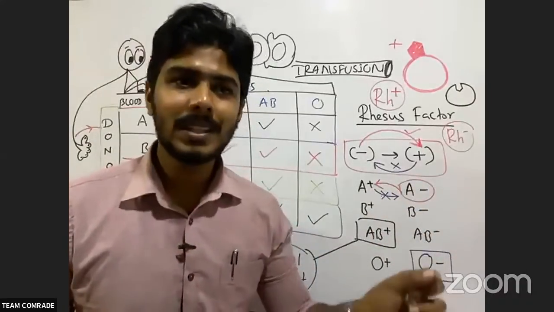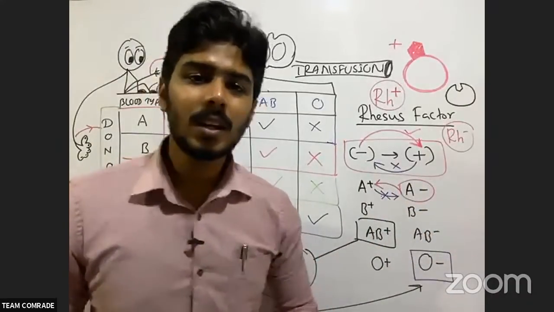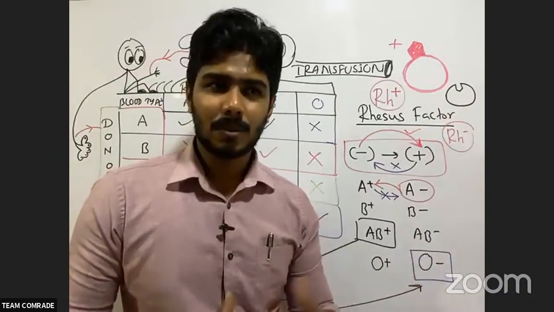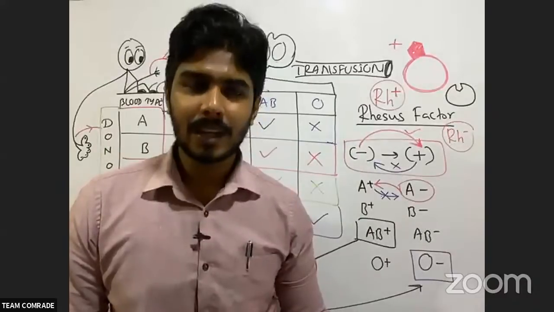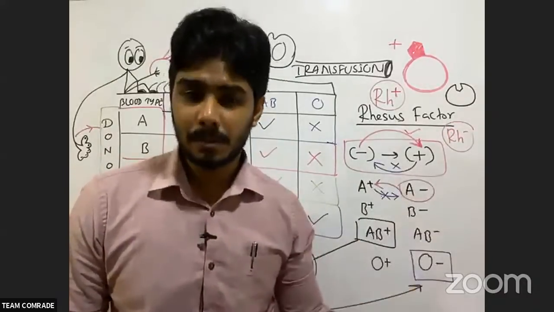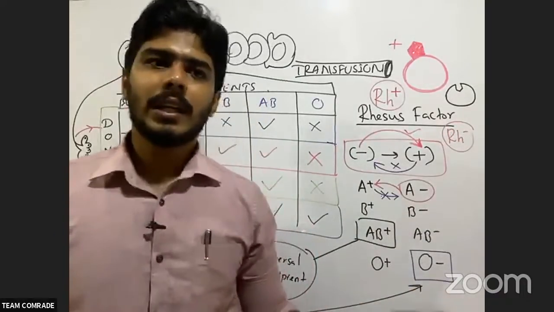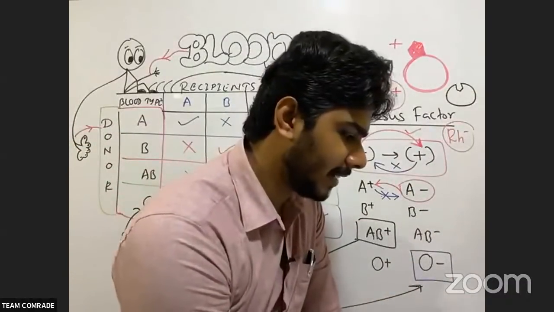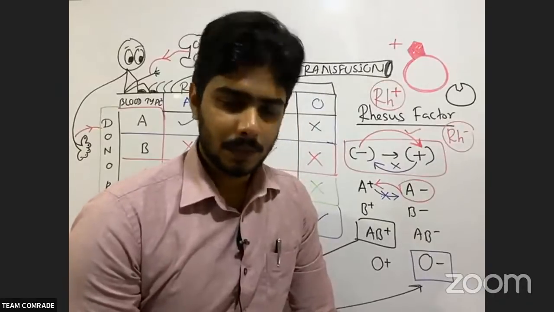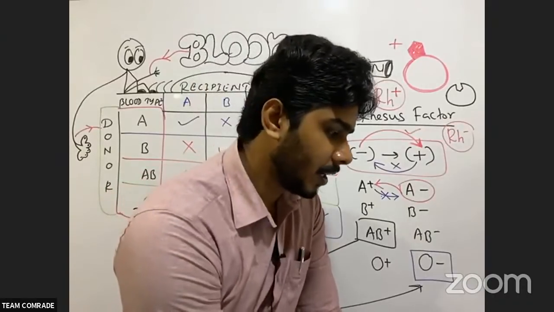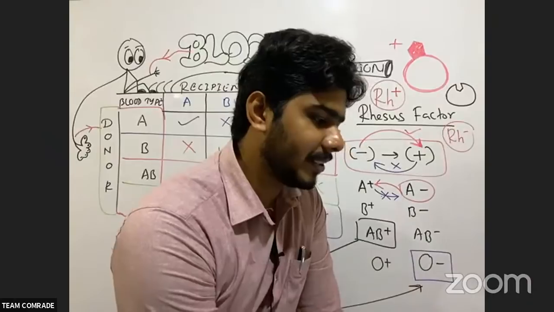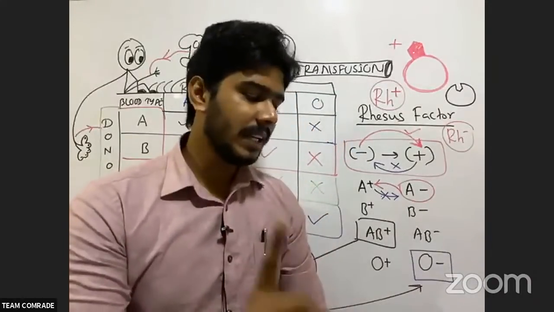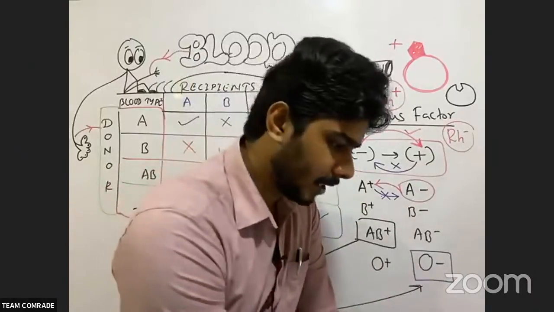What happens? The baby's umbilical cord, we are cutting that. In that case, some amount of bleeding will happen. Now, it is very harmful for the next baby. That is what happens. So that is a big part. This can be avoided, but you have to understand it earlier. An RH positive recipient can receive RH positive and RH negative blood. An RH negative recipient can receive only RH negative blood. Highlight them and keep it.